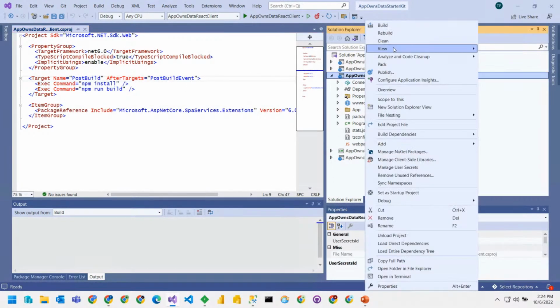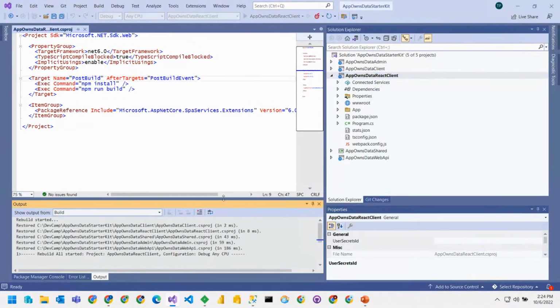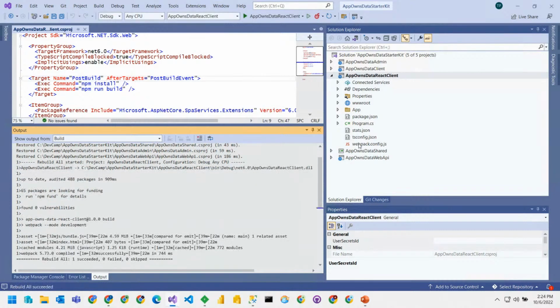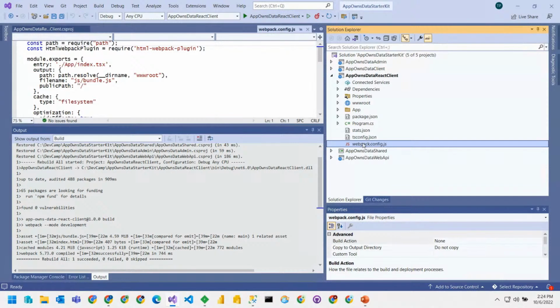And the idea is that every time we rebuild this, we should be able to see evidence that it's running Webpack. And if you're curious about the Webpack configuration, or the TS config configuration, you can look at these things here, but the idea is that